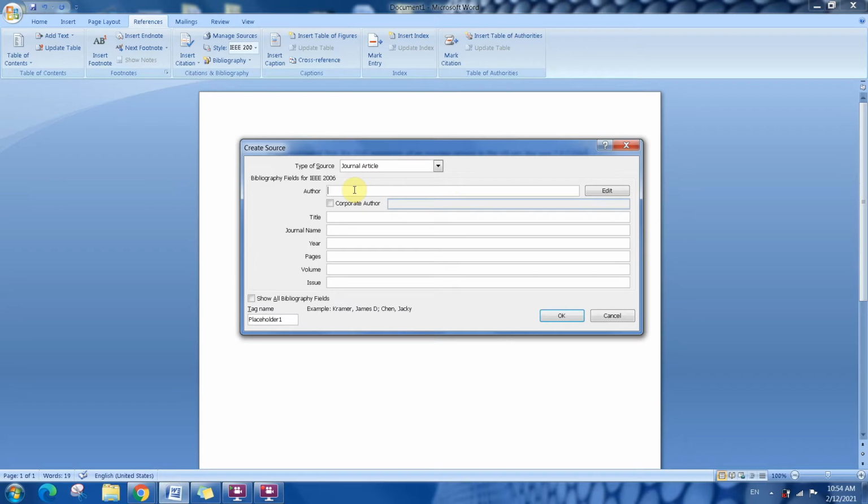So you have to write the author names. And obviously there is more than one name. So what you have to do is Berners-Lee, comma, M, and then semicolon. Then you write everyone's name.